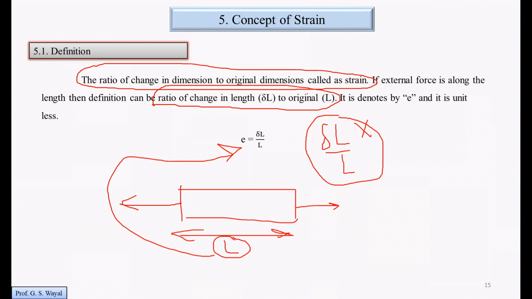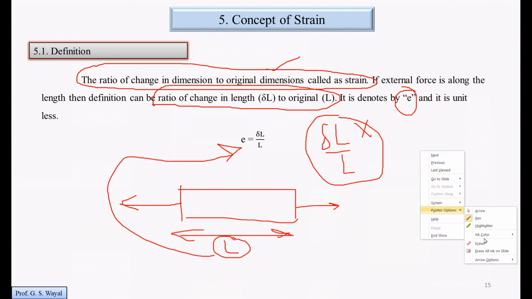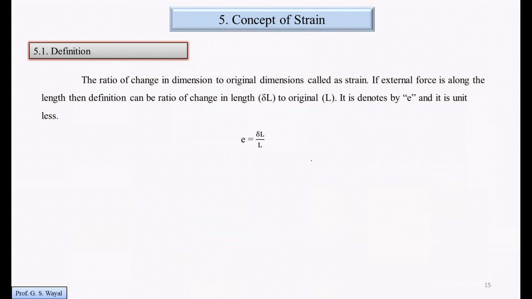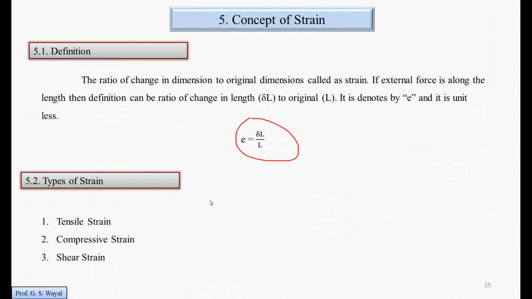Otherwise, the general definition of strain is the change in dimensions to the original dimensions. That strain is denoted by e, and it is totally unitless. This is the formula: change in length by original length, if the force is acting along the length. I remember. Okay, so the types of strain totally depend on the force acting on